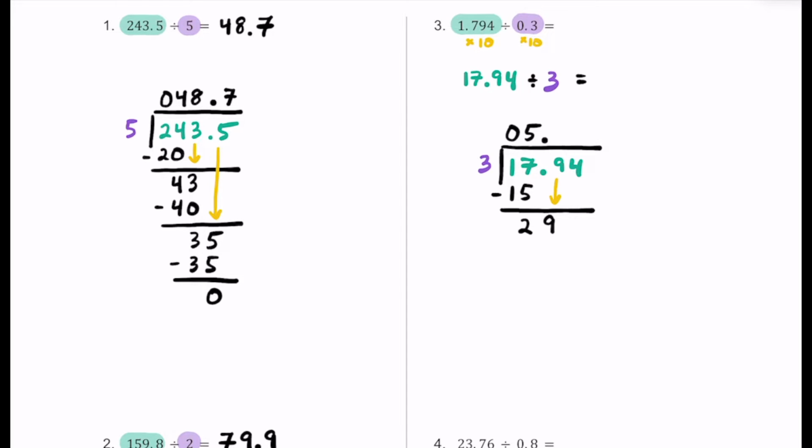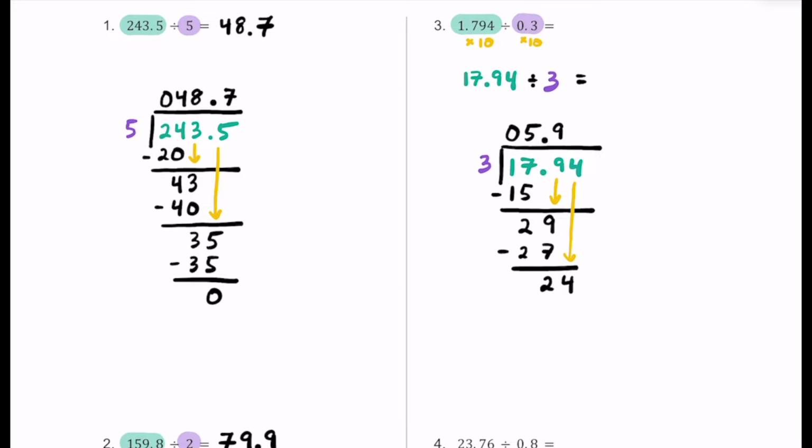All right, so how many times does 3 now fit into 29? Well, 3 times 9 is 27. I think that's as close as we can get. 3 times 10 is 30. So I think we're going to go with a 9 here. Let's put a 9 on top. Once we put this 9 here, let's multiply it by the 3. 9 times 3 is 27. Go ahead and subtract, and we see that we have a remainder here of 2, because 29 minus 27 is 2. Finally, we're going to bring this 4 down and repeat this process one more time,